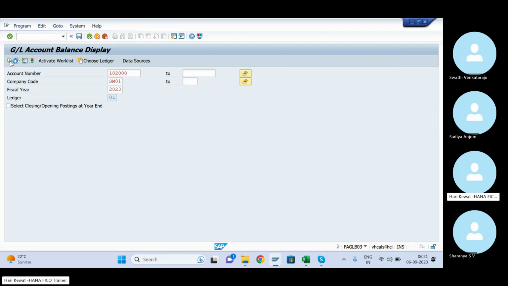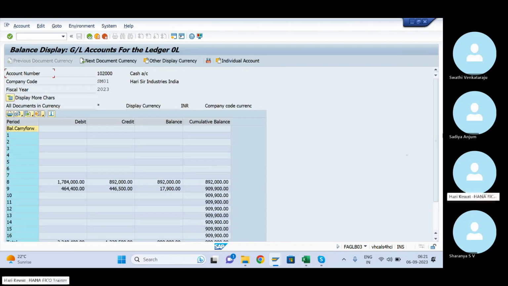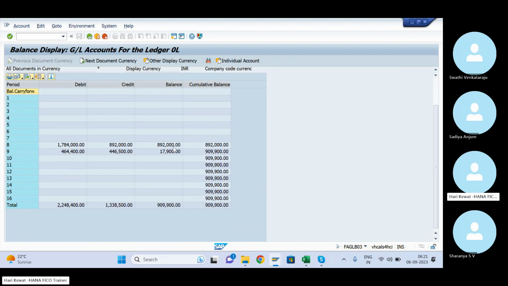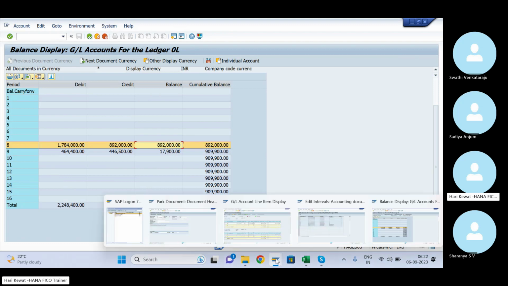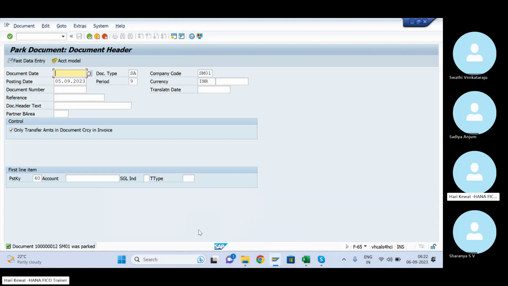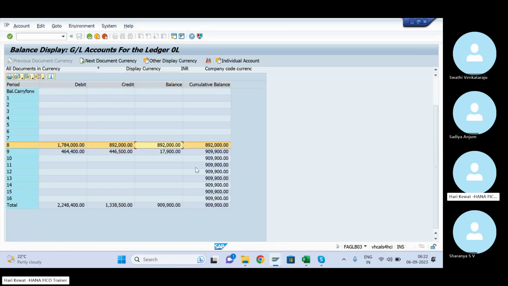Okay, run it. In this way also you can see. Let me post a document and check whether the accounting entry is impacting the accounting balance; the balance will get changed. But during parking there is no financial impact, so balances and all will not get changed.